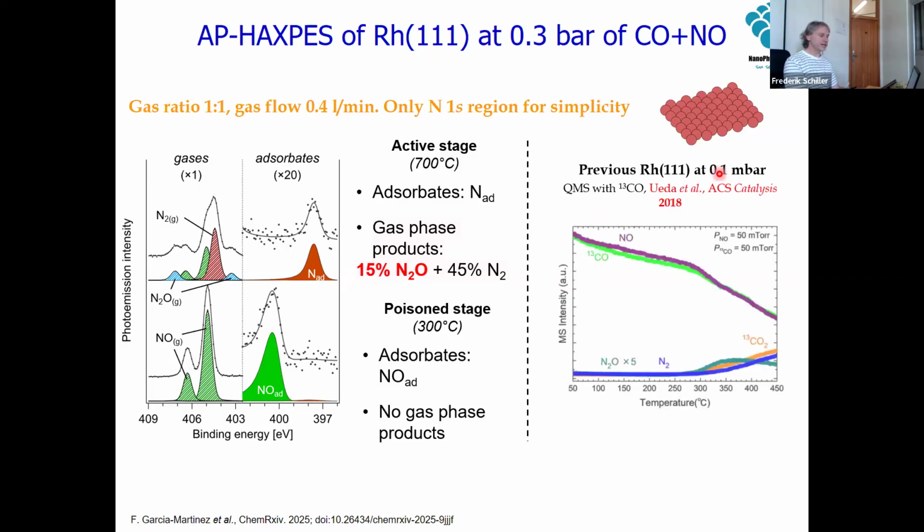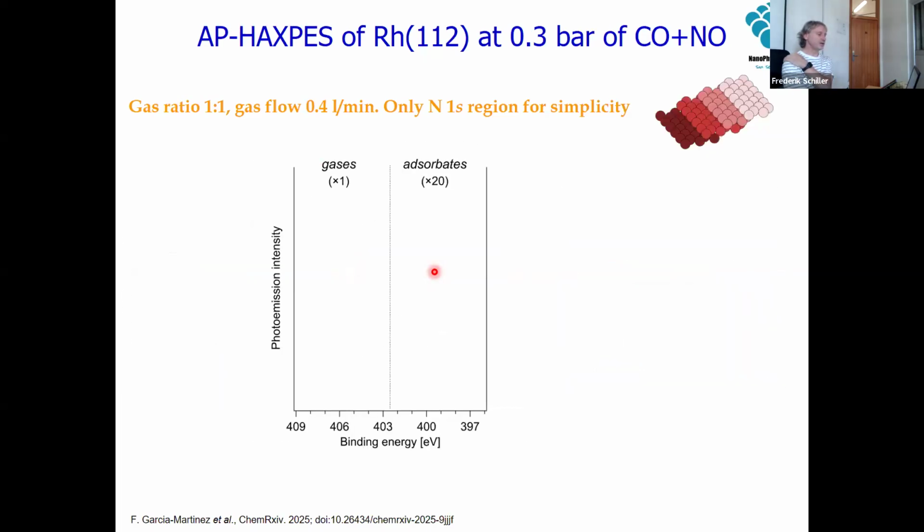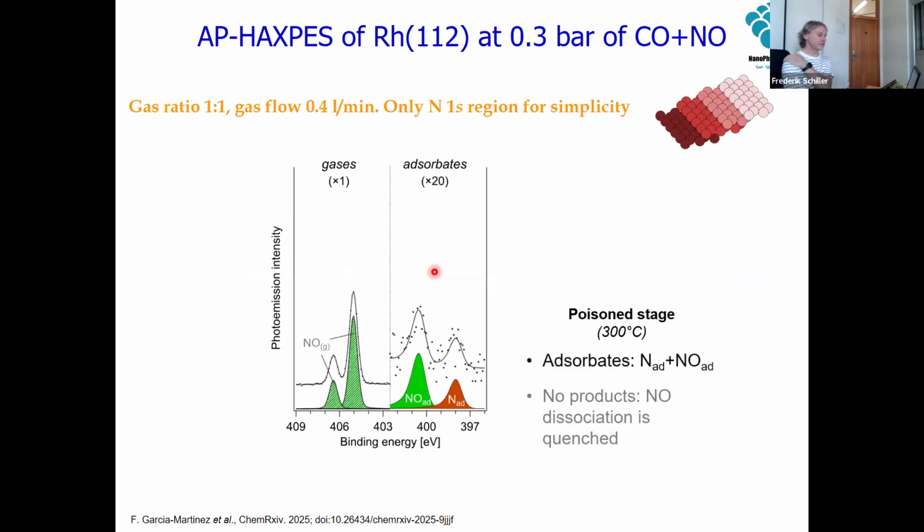So, these guys found out that in the millibar range, you produce 5% of the N2O. And now here, as we get closer to the ambient conditions, we produce much more N2O that we want to avoid. If we do the same now on the 221 surface,